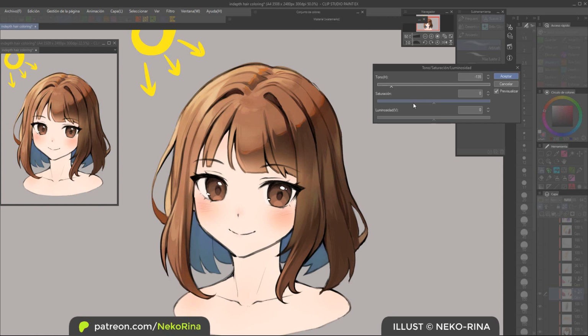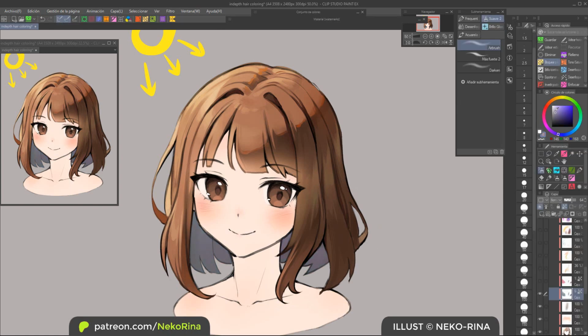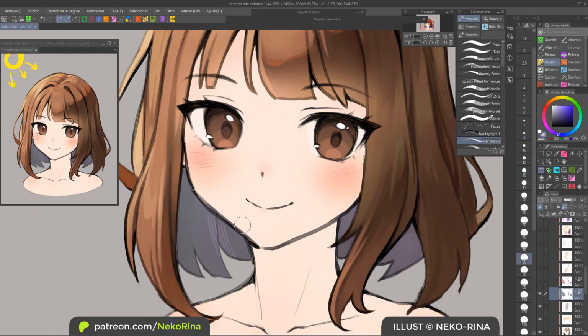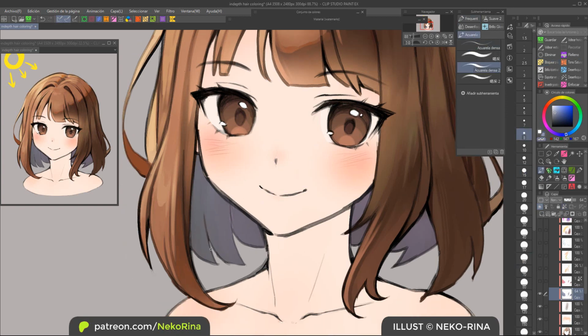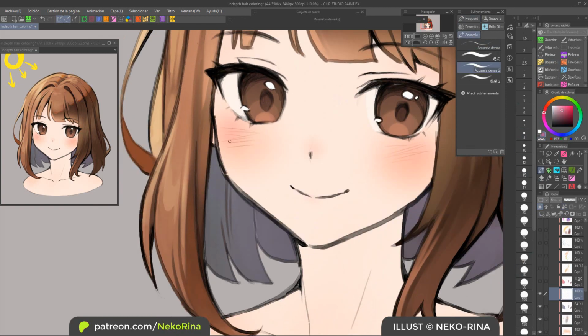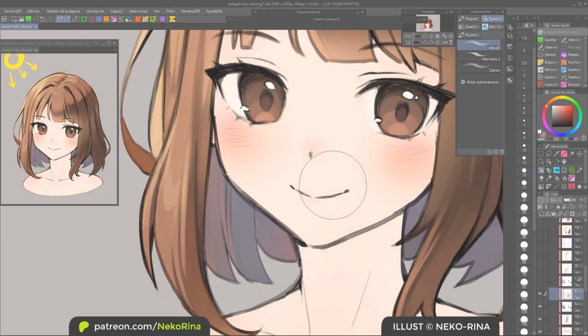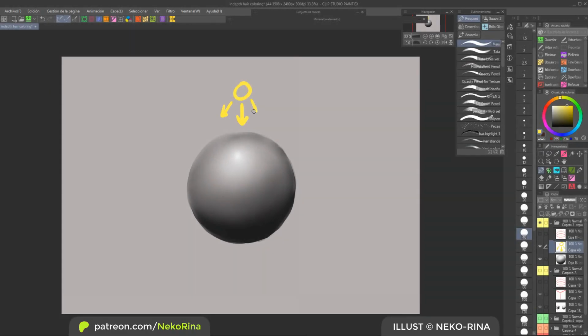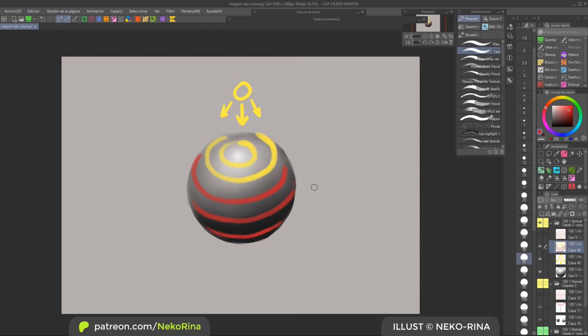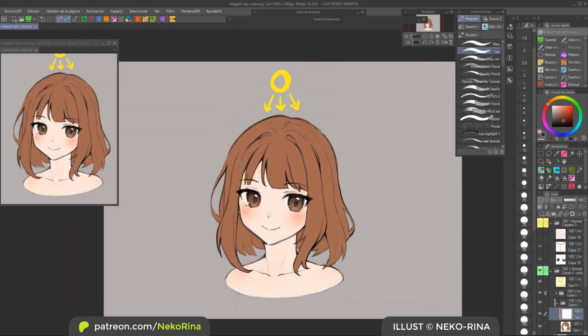Alright, now allow me to get a little technical again for the final tip. Highlights and shadow shapes should go in sync, to put it somehow. They should help you portray the 3D shape of the head or the hairstyle. This will be a lot easier to explain with a visual example. If we use the sphere as a reference and put the light source on top of it, we'll see that the gradient splits into this kind of rings, you know? So on the hair, we'd place the shadows like this too, and the highlights would bend the same way.